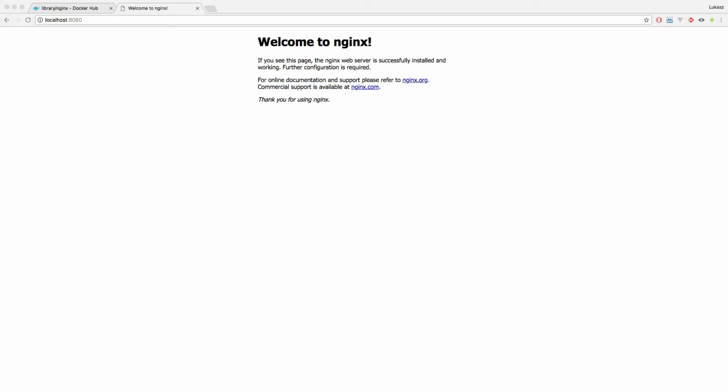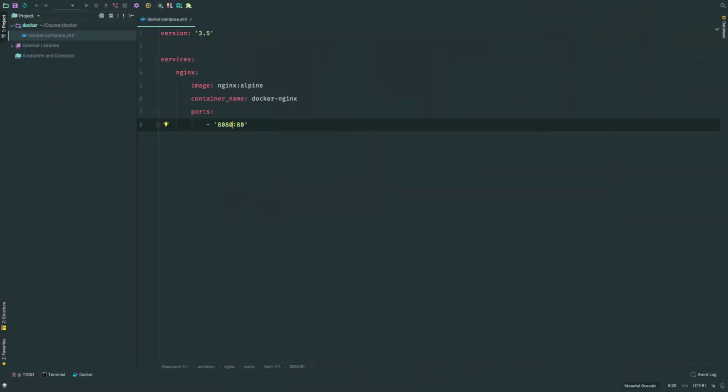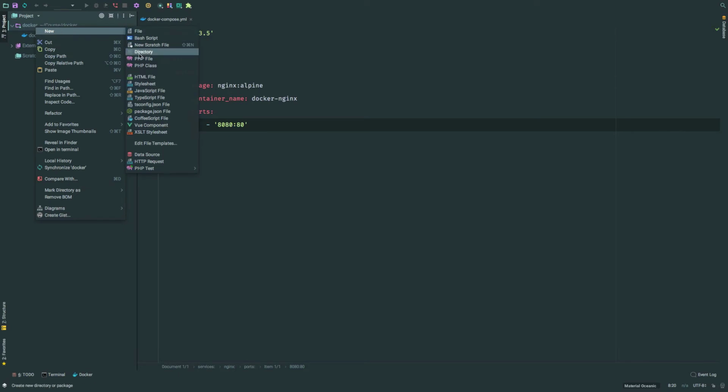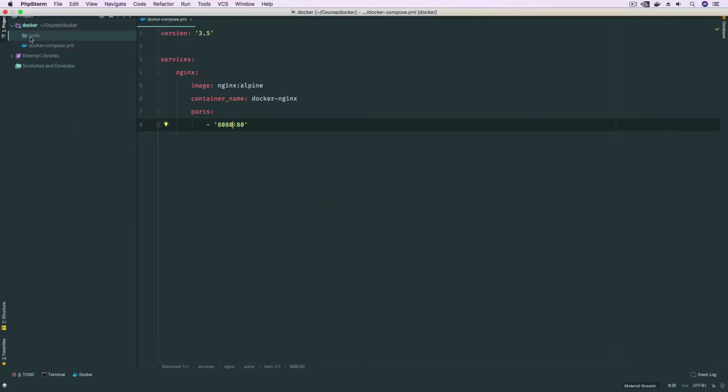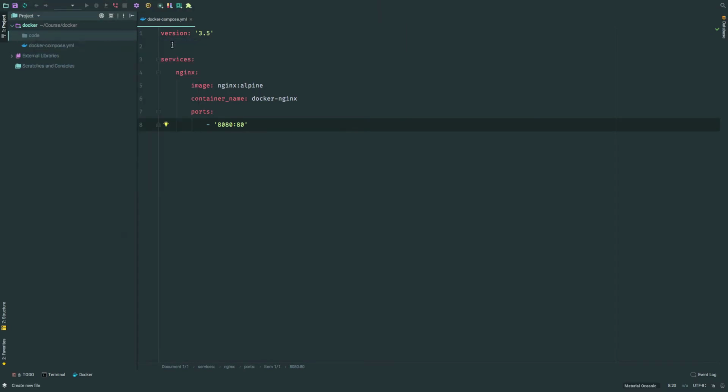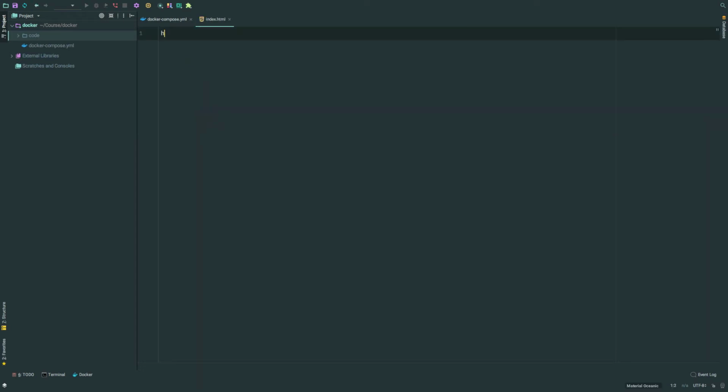Okay, now very quickly let's mount some files into our server. So let's go back to code editor. So we want to be able to have our code base within our project. So what we're gonna do, we're gonna create a new directory called code, and this is where our code base will live. So let's do a new file and call that index.html, and inside this file let's just have simple h1 tag saying hello there,